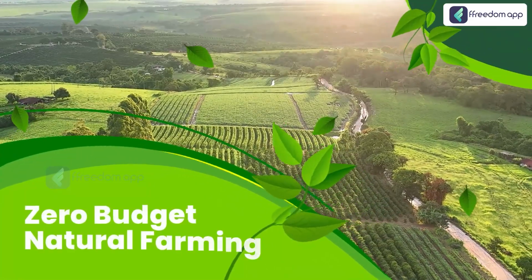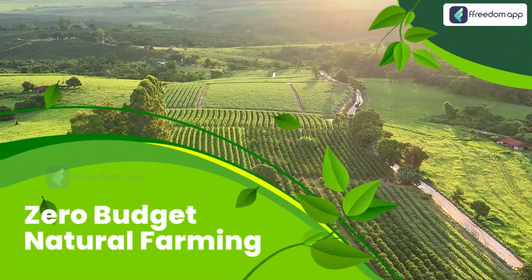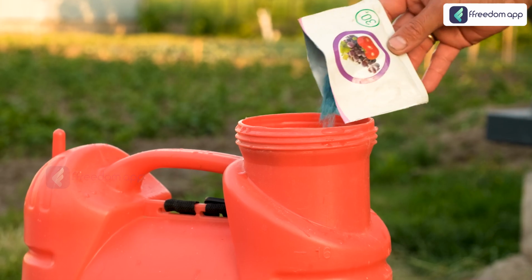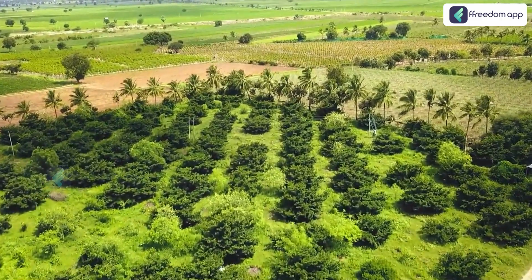Our first practice is zero budget natural farming, or ZBNF. Imagine farming without the hefty cost of chemical fertilizers and pesticides. Zero budget natural farming, pioneered by Subhash Palekar, is a method where you cultivate healthy crops using natural resources found on your farm. The cornerstone of